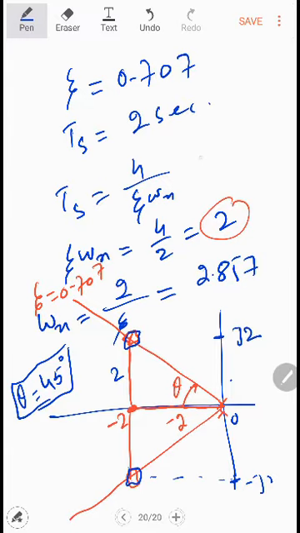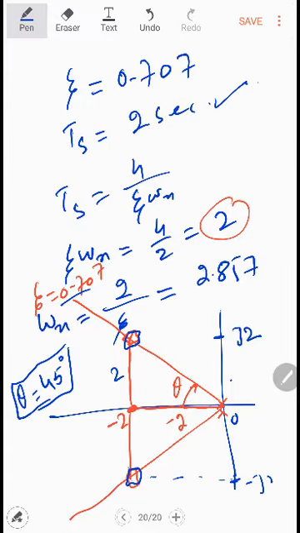And instead of the root locus lying on the imaginary axis, it will have to pass through these two poles. If it is passing through these poles, what should be the damping of the system? The damping will be equal to 0.707, which is given here, and the settling time, which is also given, will be equal to 2 seconds. We can also find the gain at this point as a design parameter.